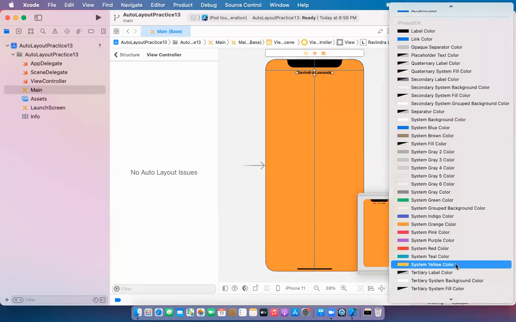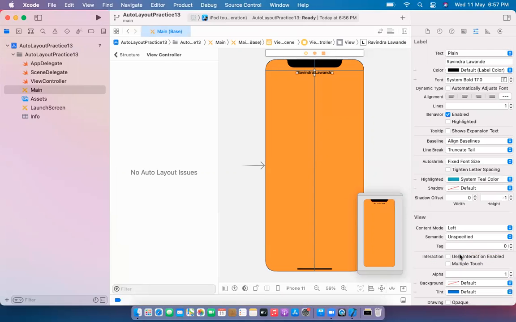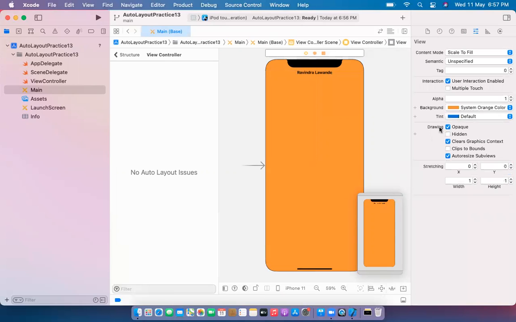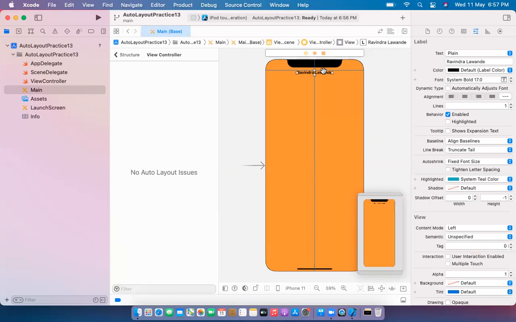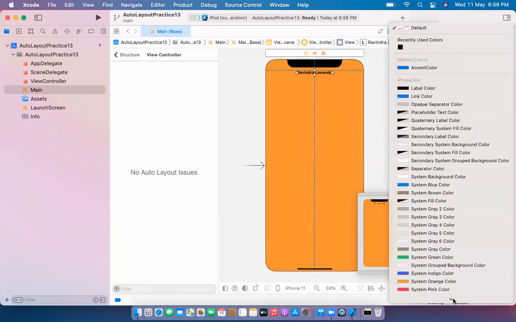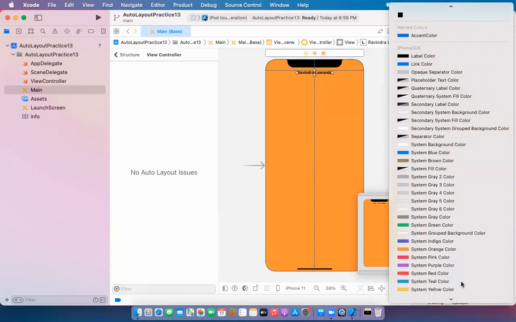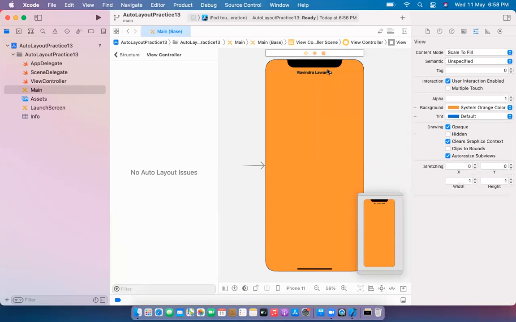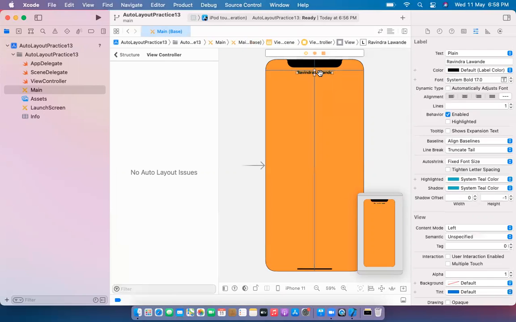I will change this to the teal color. Okay, so for this label, now